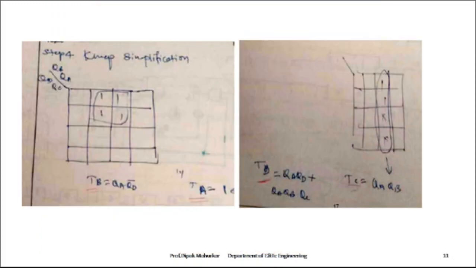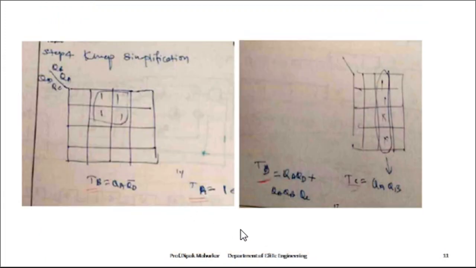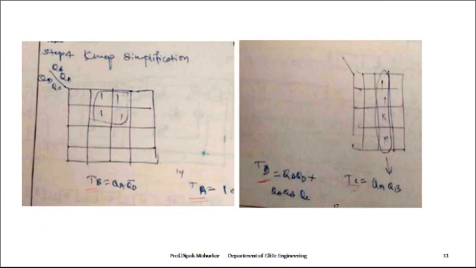After completion of this table, our task is to draw the K map and find the expressions. Starting with TA, if you observe the TA column, all are 1. Here the don't care means you can assume as per your convenience. So if all are 1, consider the value as 1. For the second flip flop, TB, we check where the 1 is and mark the 1. The remaining locations you can mark as don't care.